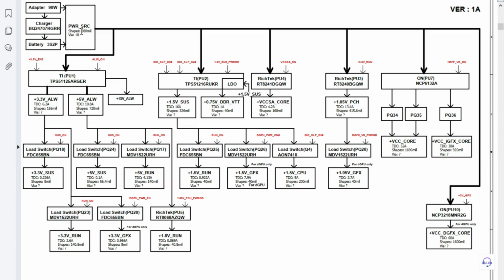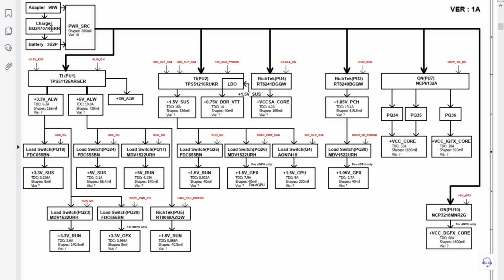It could be 19 volt, 18 volt, 15 volt, 12 volt, or 5 volt, depending on the type of the laptop. Let's assume, for example, here we have 19 volt, okay. So the B plus could be generated by this adapter here or by the battery. Do you see the arrow over here? Okay, and the charger here